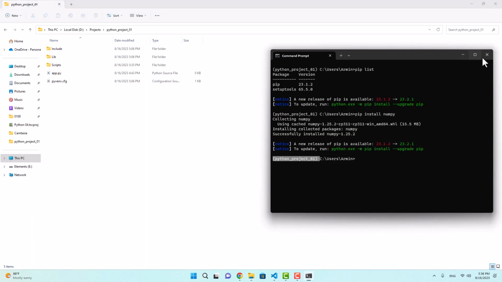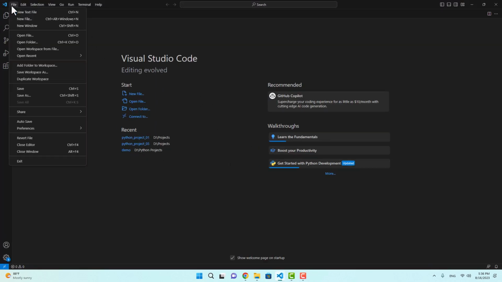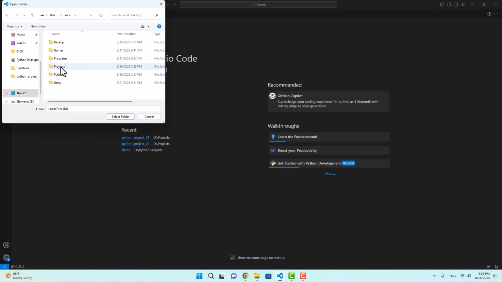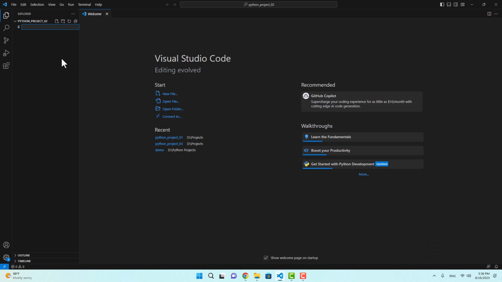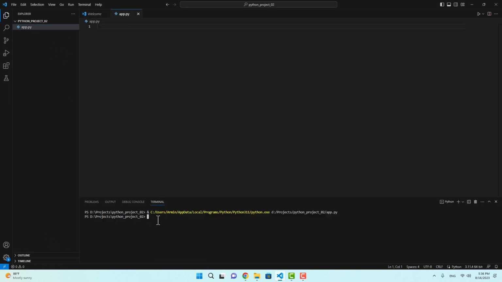And let's actually go ahead and do it in Visual Studio as well. So I'm gonna do it for the project number 2. Let's go ahead and open the projects folder. I'm gonna load folder 2. So as you can see, it is empty. So I'm going to create an app.py, and now if I run this, it's just an empty project. It's going to pop up the